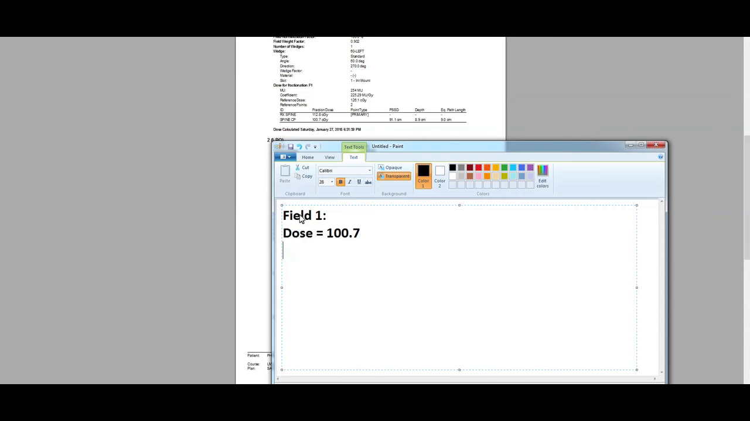Dose is 100.7. Depth is 8.9. Now I can use my SSD, but my SSD isn't going to be used in the calculation at all. I'm calculating at the ISO center, so 91.1 plus 8.9 is going to give me 100 centimeters. So I'm 100 centimeter SAD. And I have an 8 centimeter